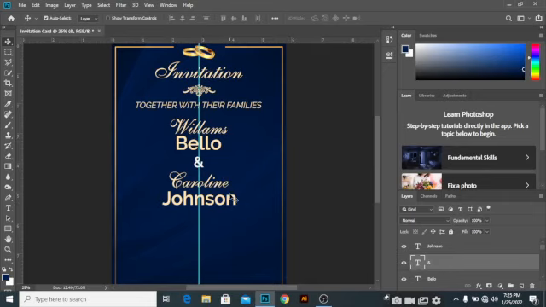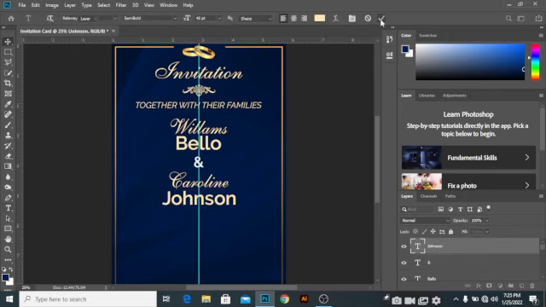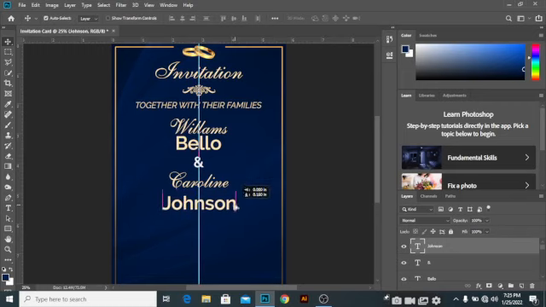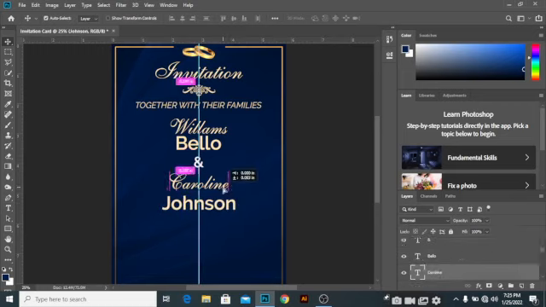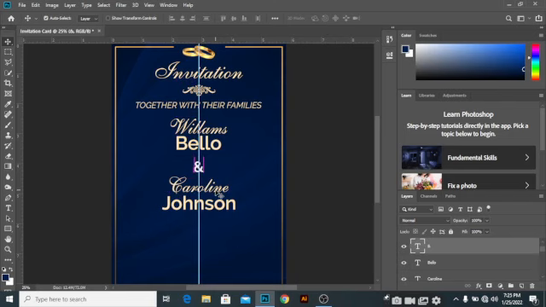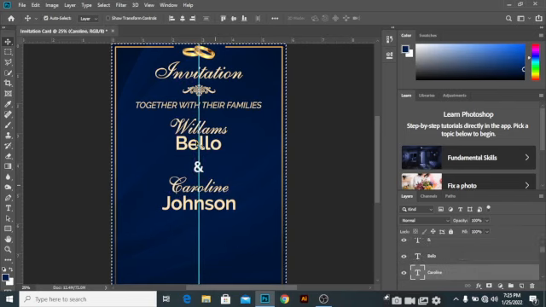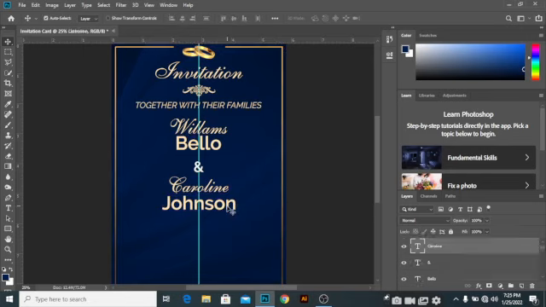So I think we need to adjust this down a little bit. This down a little bit like this. This as well down a little bit. This as well down a little bit. So let's just Control A. Let's align this to the middle now. Okay, Control D. Let's align this as well. Okay, it's now in the middle. Control D to deselect, by adjusting this down a little bit. Okay, so now